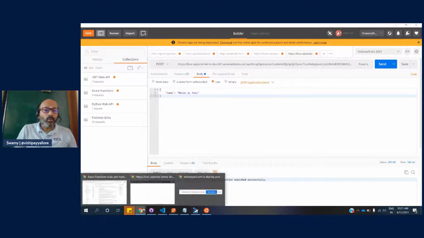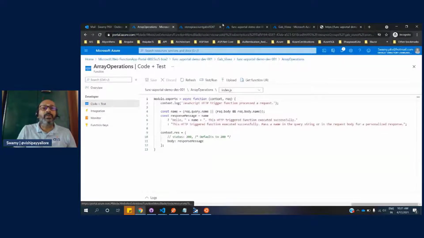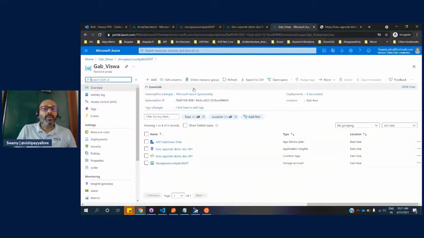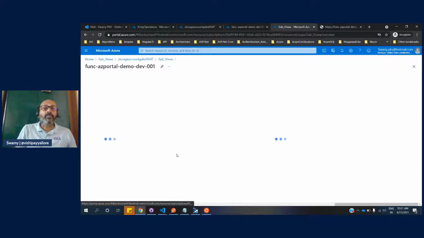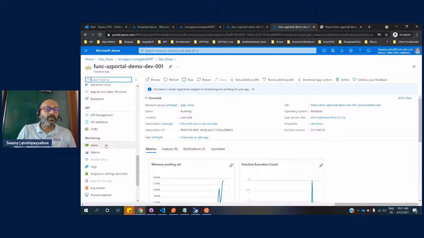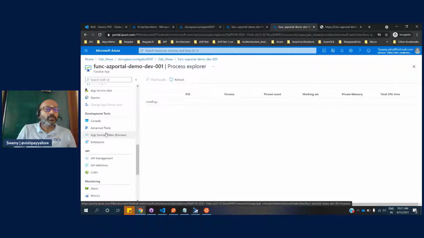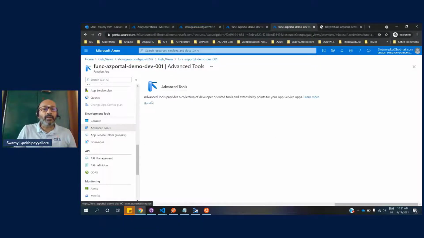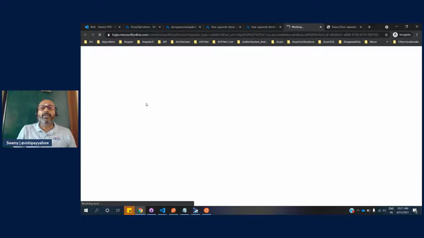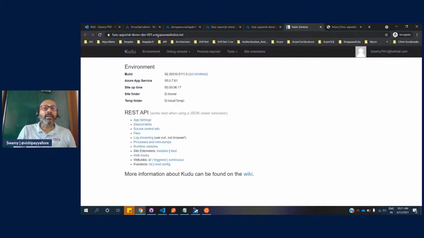Okay, that being said, what if I want to do something else apart from this hello world? Yes, we will definitely be able to do that. For that, we'll go to this function app, and inside this function app, if you scroll down, you will have the Azure advanced tools here, and click on go. This is a Kudu console, and it will have an exact name with that .scm added.